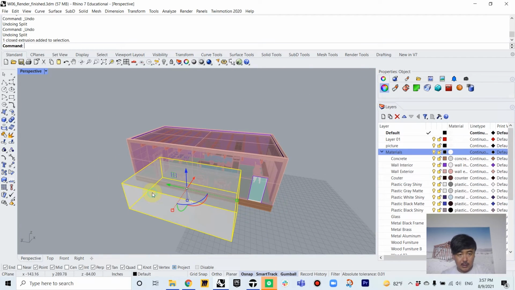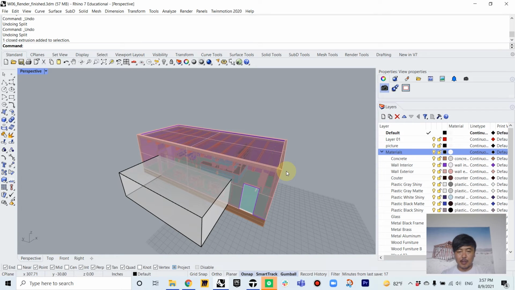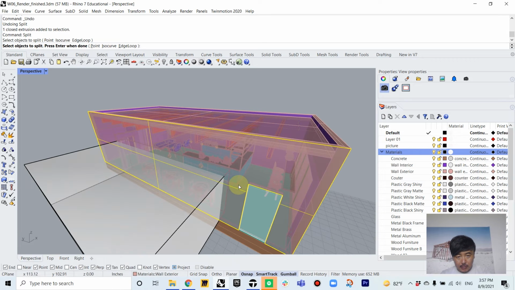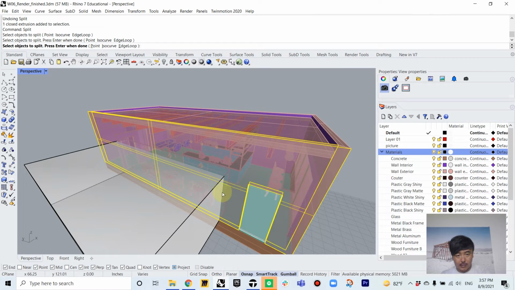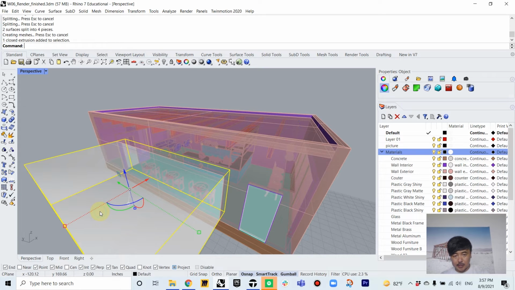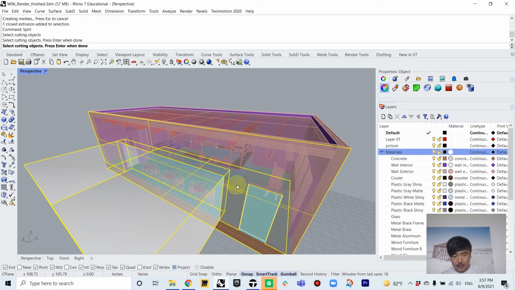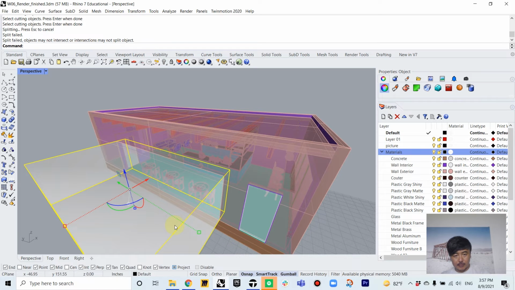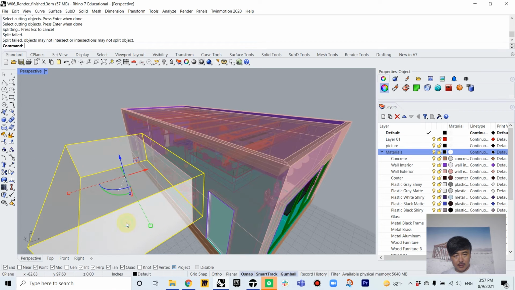So, with this box, split the exterior wall and interior wall, enter with the box. And then we will split the box with exterior wall and then interior wall. Enter. So now